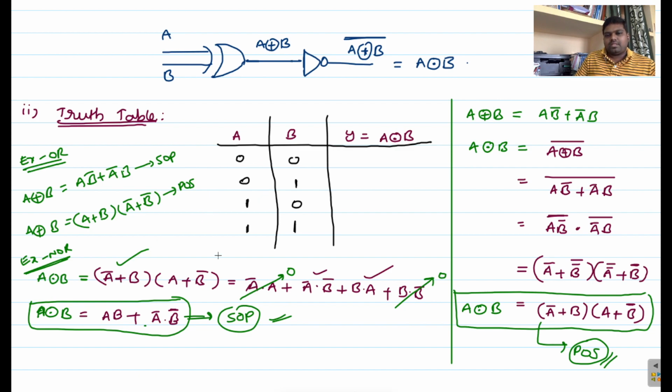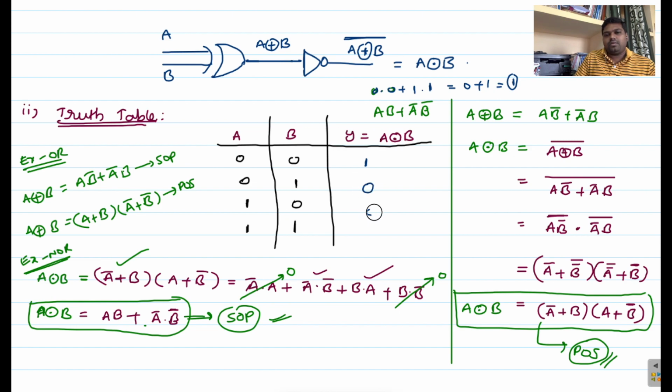Now you can apply these possible combinations to this particular expression. So the expression is a b plus a bar b bar. This is our XNOR logic expression. If you apply 0 0 here, a is equal to 0 and b is equal to 0, plus a bar b bar. The complement of 0 0 is 1 1. So what you will get? 0 plus 1, so the final answer is 1. In the same way you can solve the remaining combinations also.